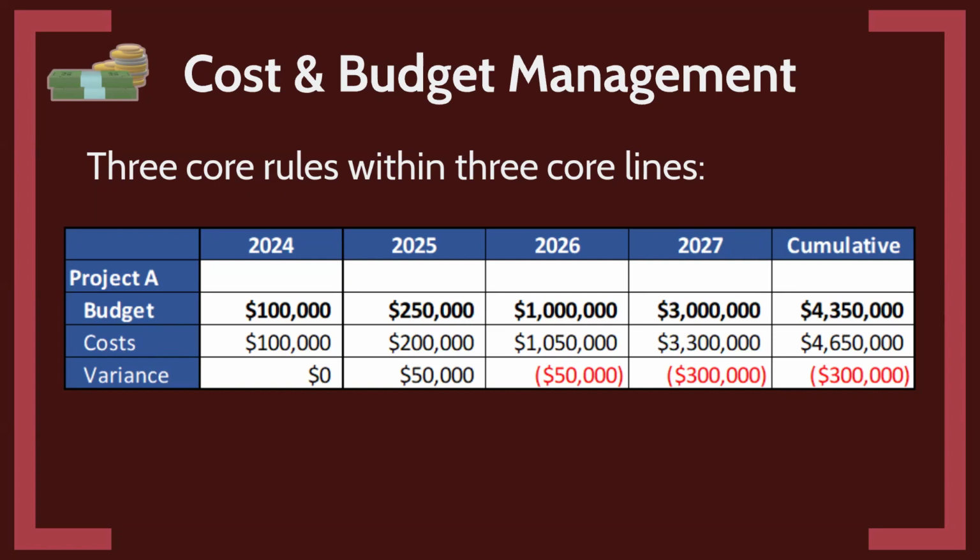And if those three things are connected, then we know that we can get an idea where we stand related to budget. So you really only need 3 lines: the budget, the costs, and then you also want to know the variance, which is basically the difference. And if you have these 3 things, if you can pull these out of InScope or really any system, you can understand very easily where you stand budget-wise, how you're going to perform budget-wise. And then we're going to talk about the importance of that.